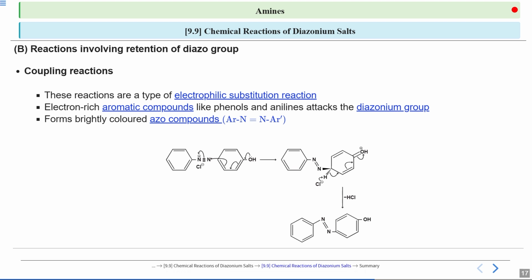So look at this diagram over here. This is the whole process. You will see this oxygen with its lone pair forms this double bond. This bond will move from here, and this forms this intermediate. Further, the chloride ion takes away this hydrogen. These bonds move here, and this OH gets neutral. So there is release of HCl. This is what we call an azo compound, which is Ar-N=N-Ar'. Here you will see an OH group is attached to this ring.